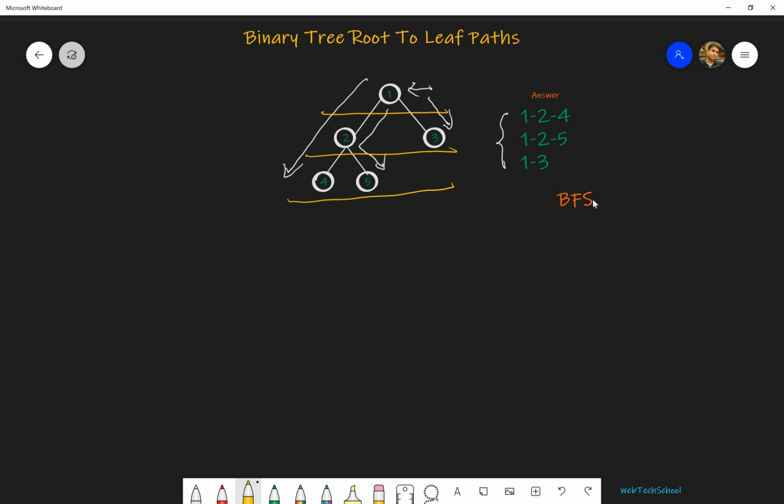Another option in case of a binary tree is depth first search, which is DFS. In case of a binary tree, we have pre-order, post-order and in-order DFS options.